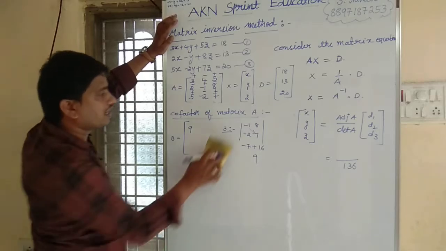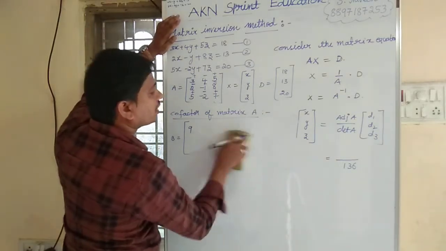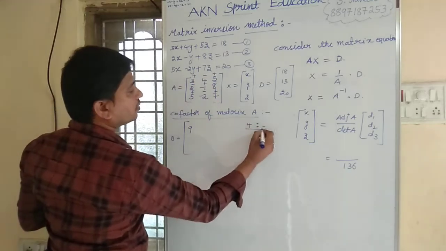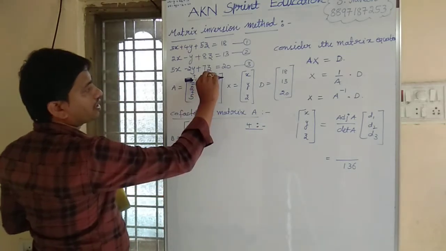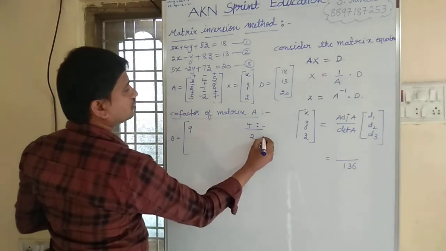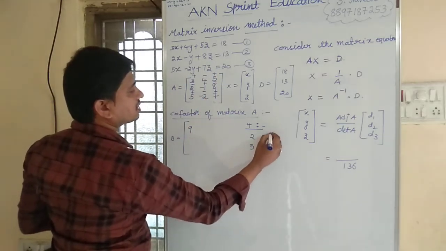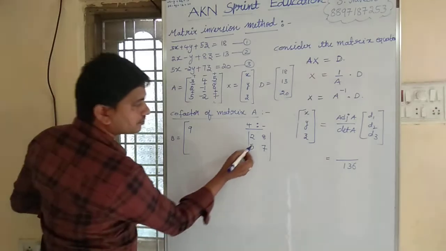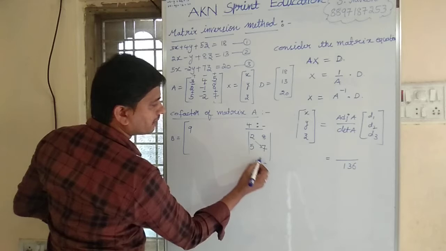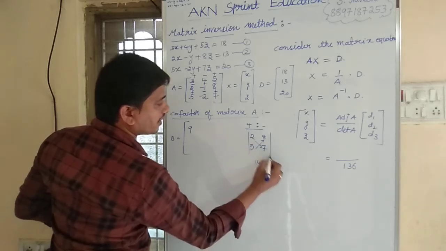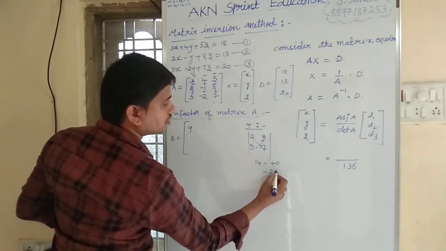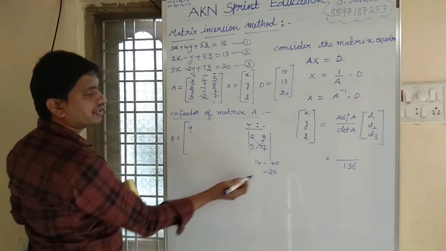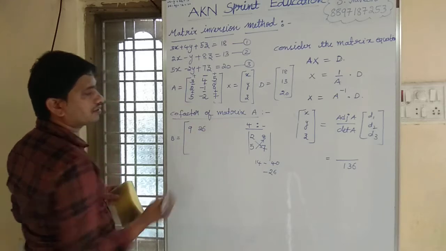Now let us find the cofactor of 4, children. The second element is 4. Let us find the cofactor of 4. Corresponding column, corresponding row, we have the elements 2, 8, 5, 7. Let us find the determinant of the 2 by 2 matrix. So A1, B2, 2 into 7, 14, minus A2, B1, 8 5 are 40, which is equal to minus 26. But actually, what is the sign here, children? Minus, right? Minus into minus, plus, children.